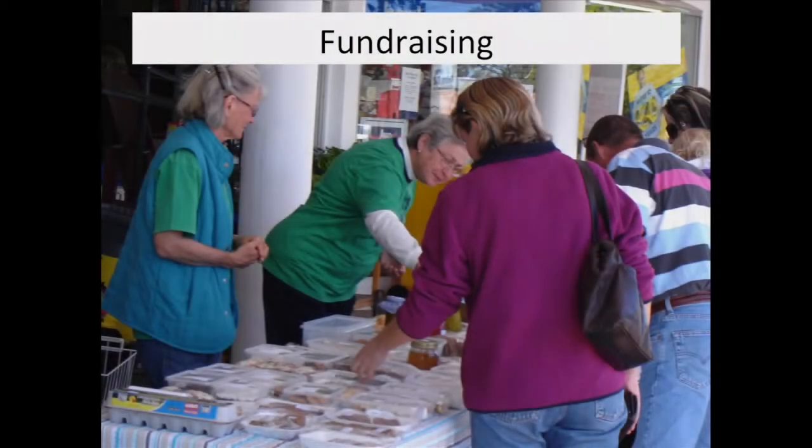And it was a bit of a stunt, but straight away we got attention, and it was a lot of fun. You've got to make these things fun, otherwise people won't come again. But if they're fun, more and more people want to join in. That was the whole thing. And so we did a lot of fundraising, and so this is a cake stall in our